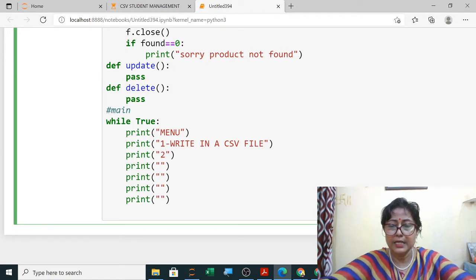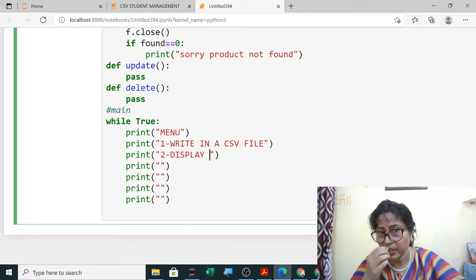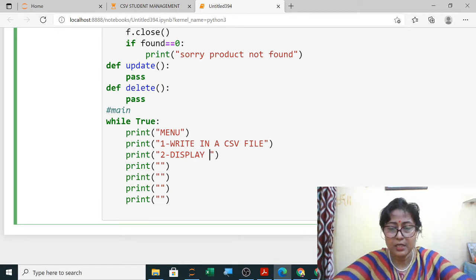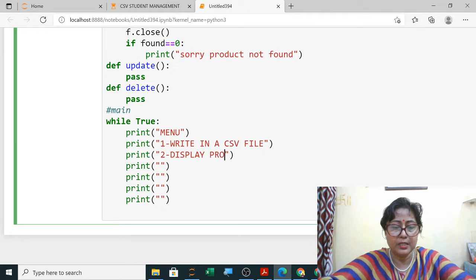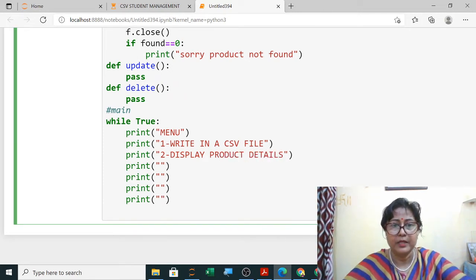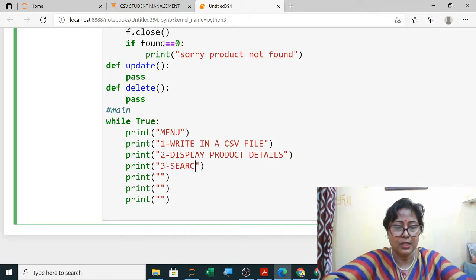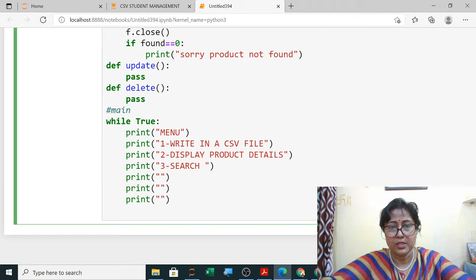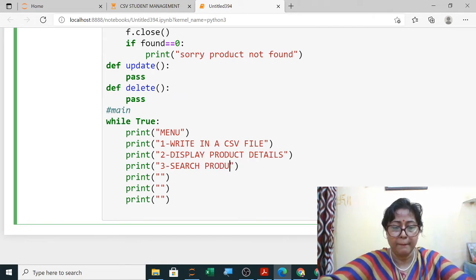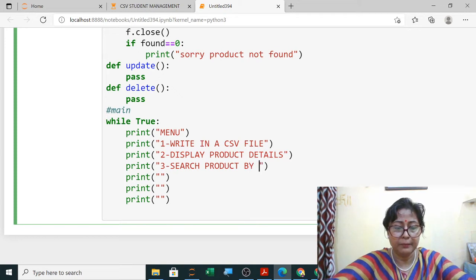So second I am keeping to display contents of the CSV file. Display product, here it was product details, so display product details. Next, three was my search with name, so search product by name.